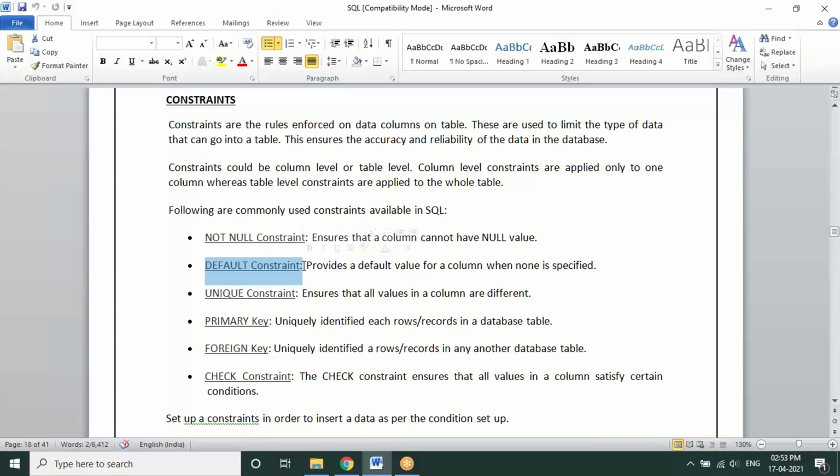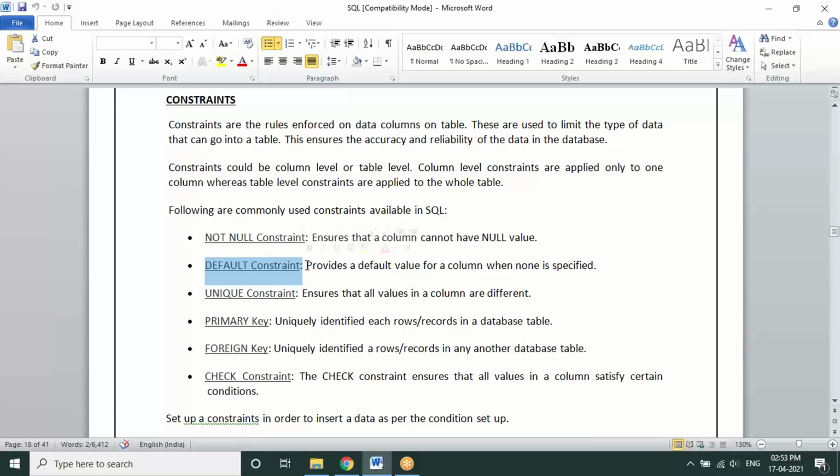So where do we use this? Whenever you are registering on a website, you might have observed that some of the columns are not mandatory, the ones not marked with a star. But let's assume a user registering from Hyderabad does not give the city. If the default value assigned for city is Hyderabad, that value gets stored in the database. That is what we call a default constraint.